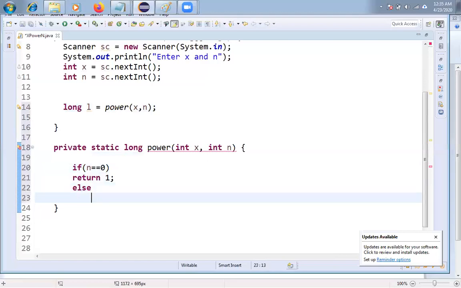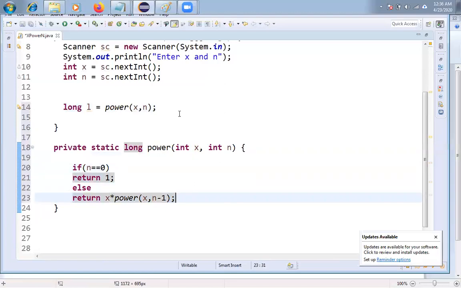Else, if n is not 0, then return x into power of x comma n minus 1. See, x power n equals x into x power n minus 1, friends. So if you see, you can understand. That's it, friends. Logic is completed.